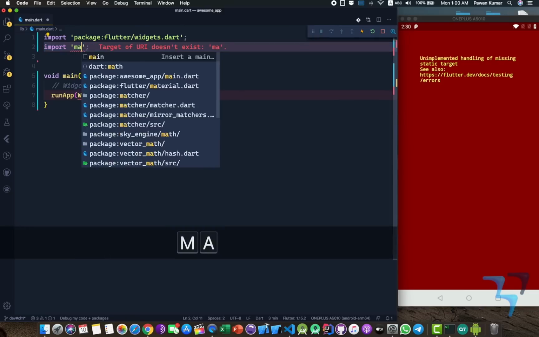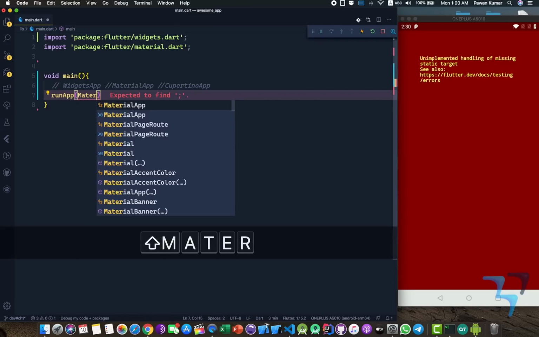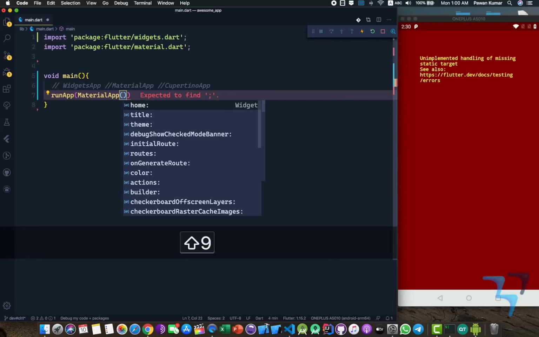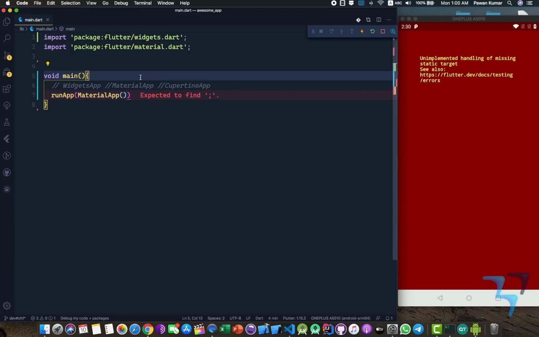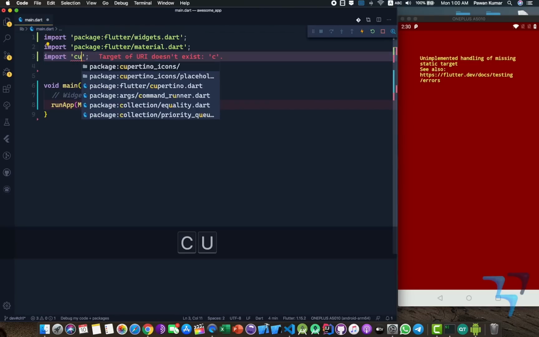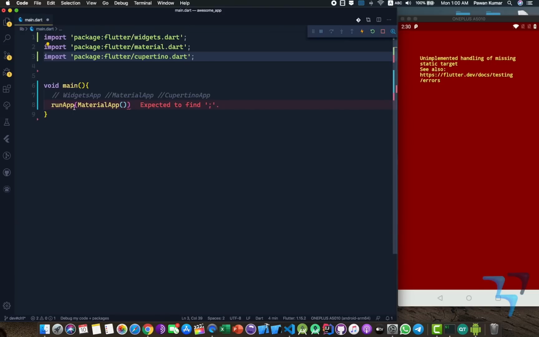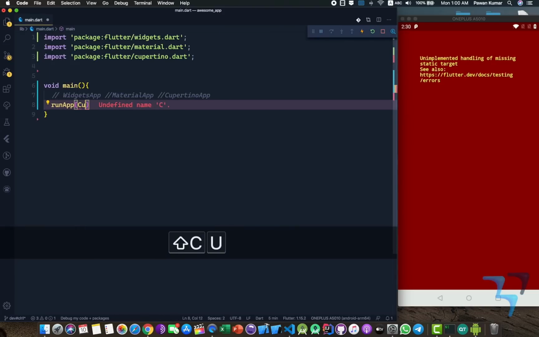So we can use material flutter slash material dot dart, and rather than this widgets app we can use material app. Okay, and let's say if you are a fan of human interface design, which is in iOS or macOS, what we can do is also import Cupertino.dart, and rather than material app we can write Cupertino